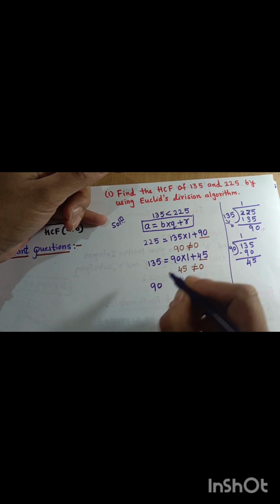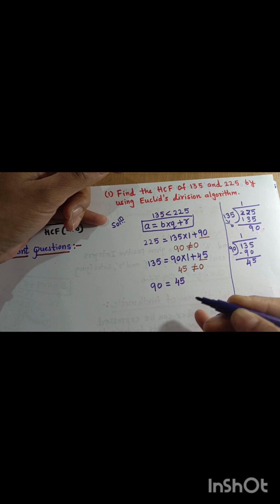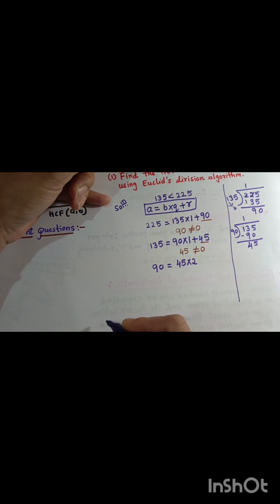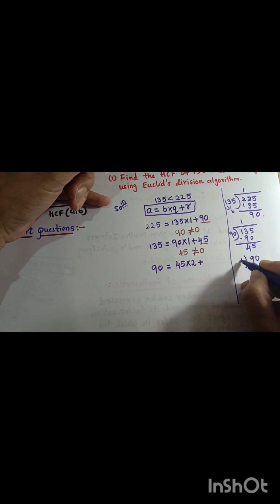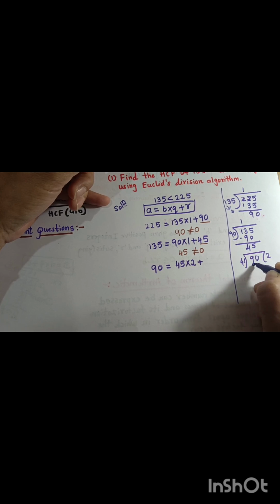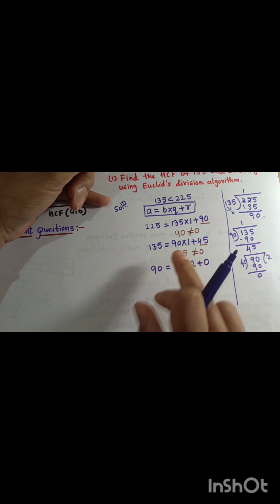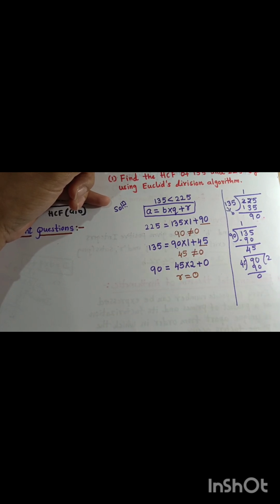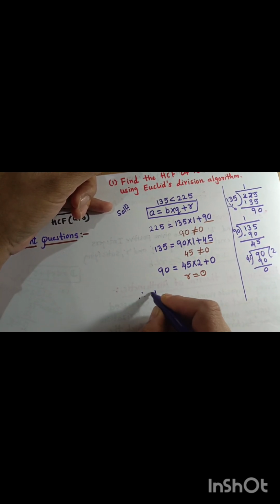What to continue? The 90 you take is divisible by the 45 table. Remainder. So it is very easy. 45 ones are 45, 45 twos are 90. What is the remainder? 0 is the remainder. So what did we get here? The remainder we got is 0. So hence, therefore,